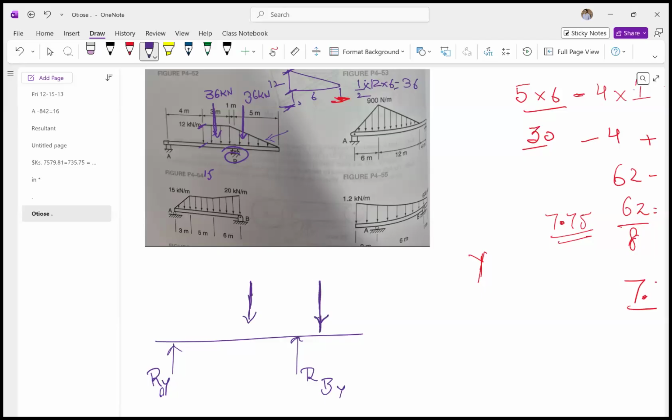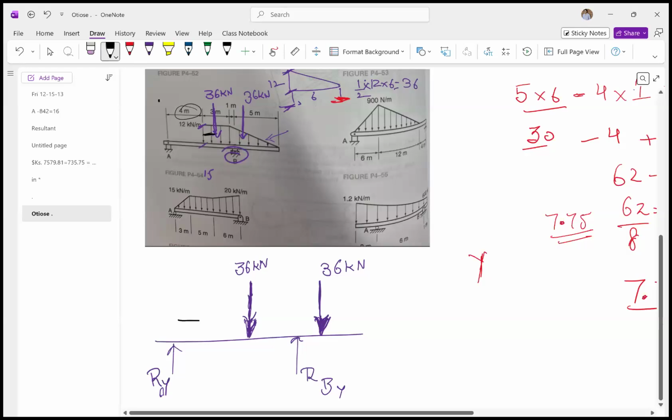Okay, I can draw it down here also. Line of action should remain the same. So this is the point I'll show it as. This is 36 kilonewton, and this is again 36 kilonewton. All right. Now I will measure the distance. This is 4 plus 1.5. This distance was 1.5. 4 plus 1.5 is going to give me 5.5. So this is 5.5,